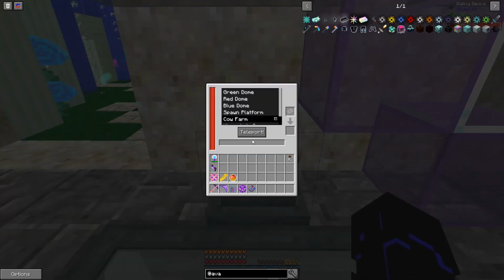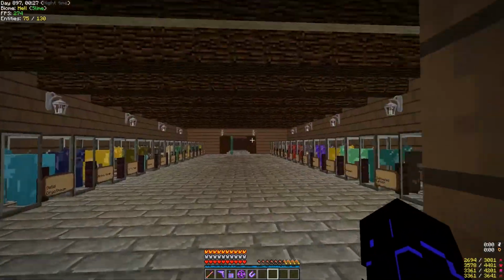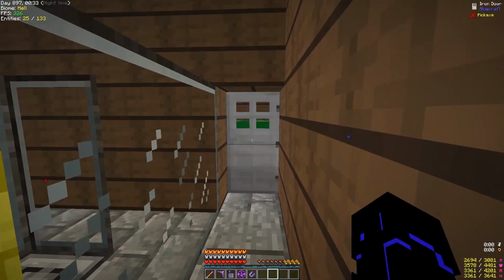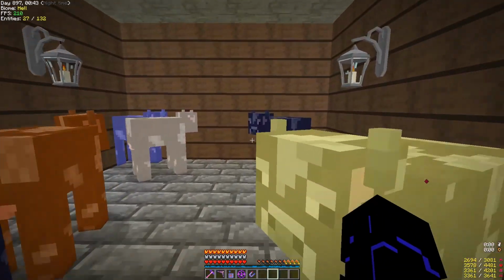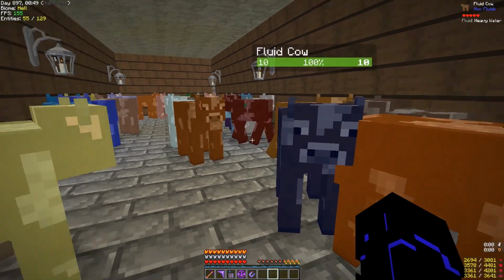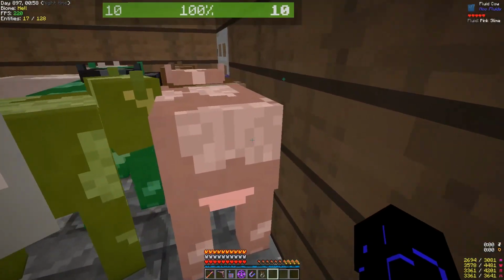But we're going to go someplace we haven't been in a long time. The cow farm we've been to, but we haven't been upstairs in forever. And by that, I mean specifically in this room off to the side. These are all our spare cows, if you remember. My goodness, we have a lot of spare cows. These are all the ones with the fluids we just don't really use that much, but we kept them just in case. And one of those cows